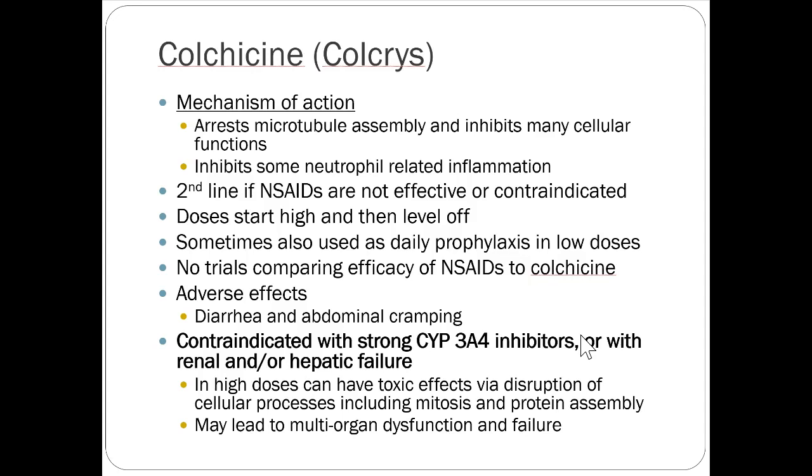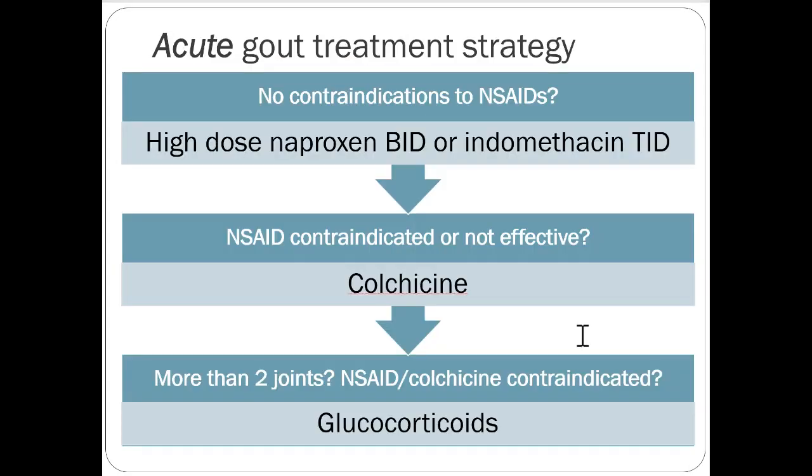Well, a steroid is going to be fine for a renal patient, since it's not renally eliminated. We aren't really worried about that. For colchicine, we wouldn't want to give it. So again, different things can work better for patients depending on what types of other comorbidities you're looking at. But at the end of the day, the strategy I would approach would probably be naproxen